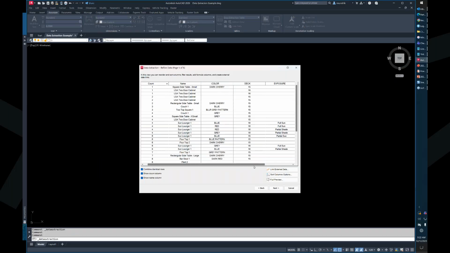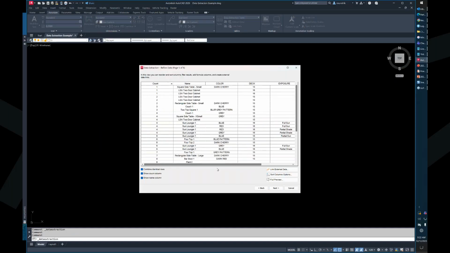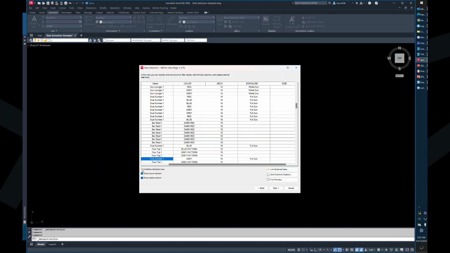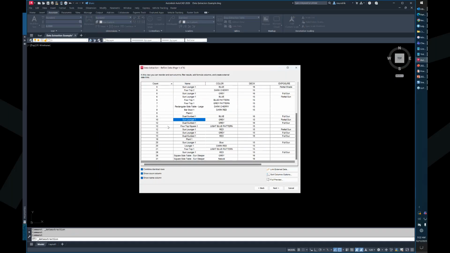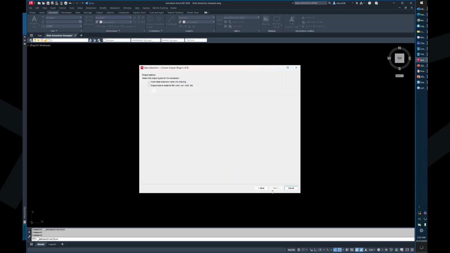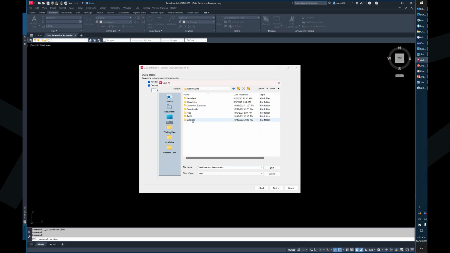So in my case, I really am happy with this. If I didn't want to show a name column, I can do that and it would disappear. If I don't want to combine identical rows, it'll show everything as an individual. So when I combine them, then I get the count. Then I go next. Now, what do I want to do? I can insert this as a data extraction table into the drawing, and I can also output this here. And I will output this as a